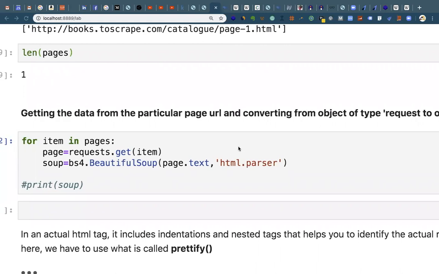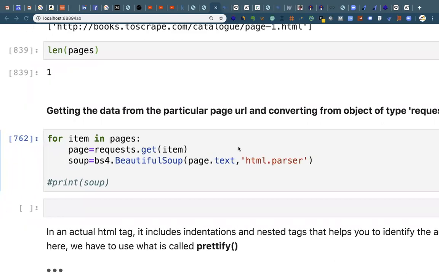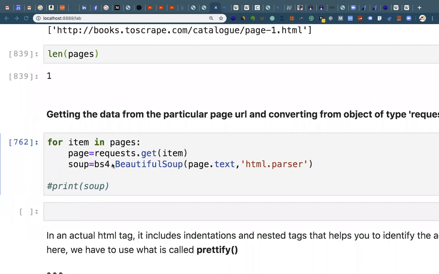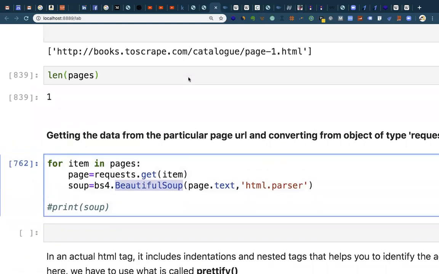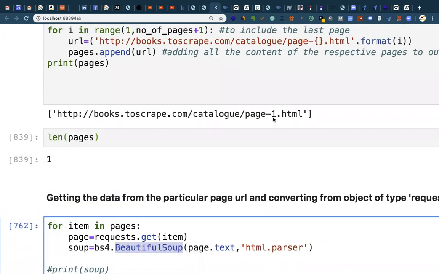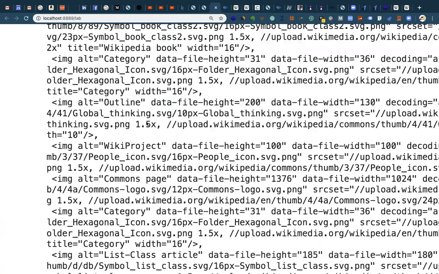Okay. So if you remember, we use Beautiful Soup, right? After getting the data from the Wikipedia site, we use Beautiful Soup to make it more readable. So this page is actually making no sense to us. We need to get the items from the page, right? If you see this part,